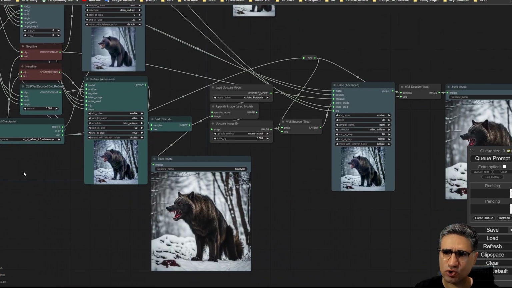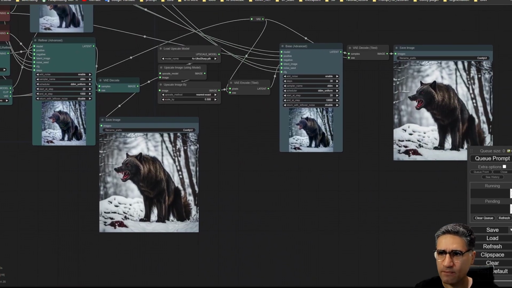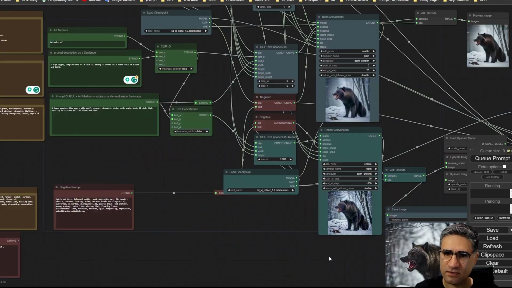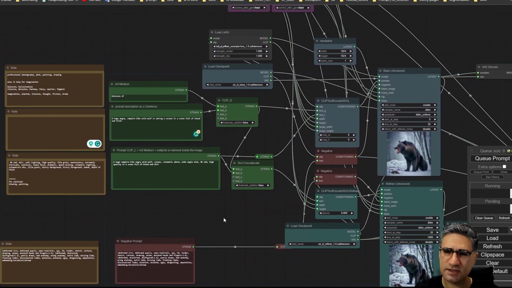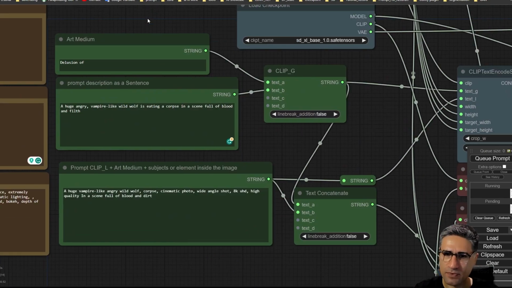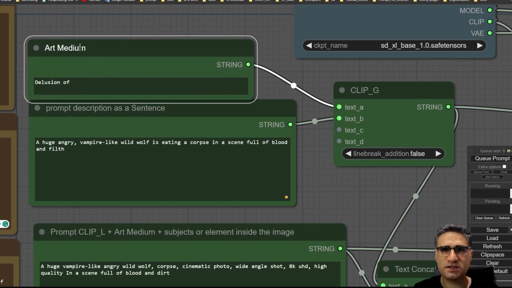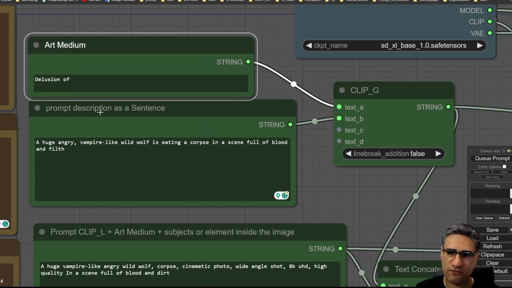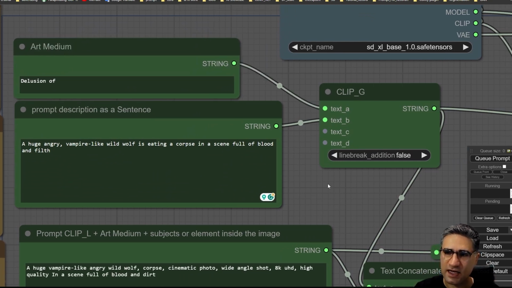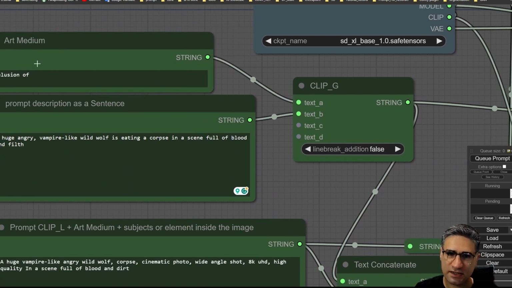And let me show you my workflow. I think it's very easy and very useful. Here I have two text boxes. It could be one text box, but don't worry about that, it's only for myself. And I merge the text from these two text boxes with